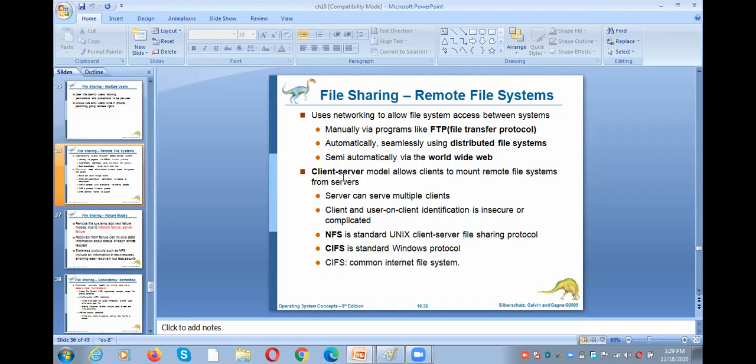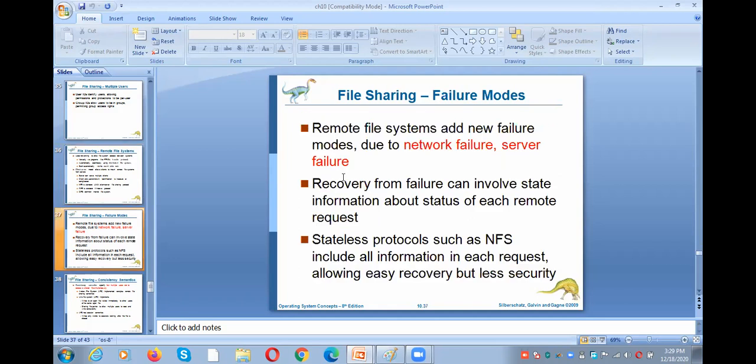So if it is a Unix system, the protocol is different. If it is a Windows operating system, the protocol is different. If it is Unix, that is NFS. If it is Windows, it is CIFS, Common Internet File System. And next, as we are communicating the information between the client and server, definitely there is a need of a